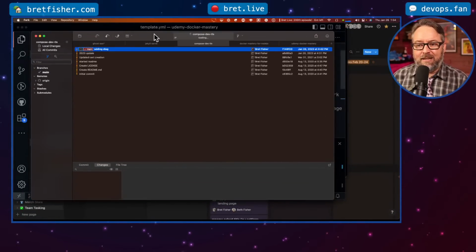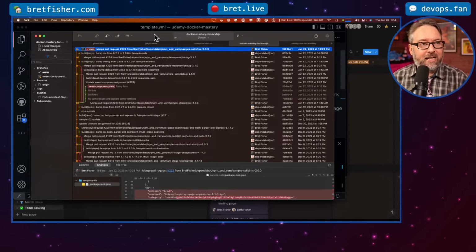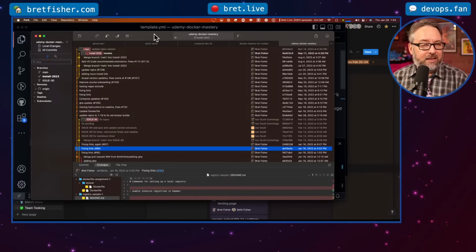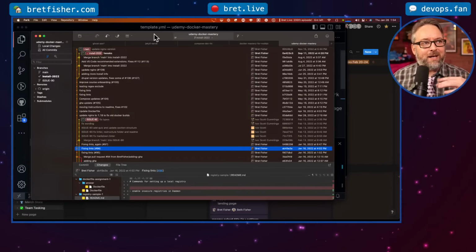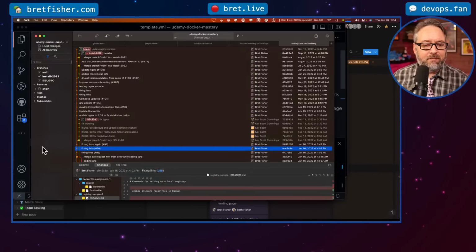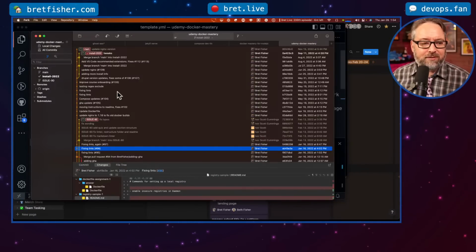But I like it because I can keep tabs open for different repos. I'm just looking at the source code and the Git management of different repos all at once in different tabs, and I can switch back and forth. And the ability for me to see remote branches and all that stuff all in one is kind of sweet. So anyway,